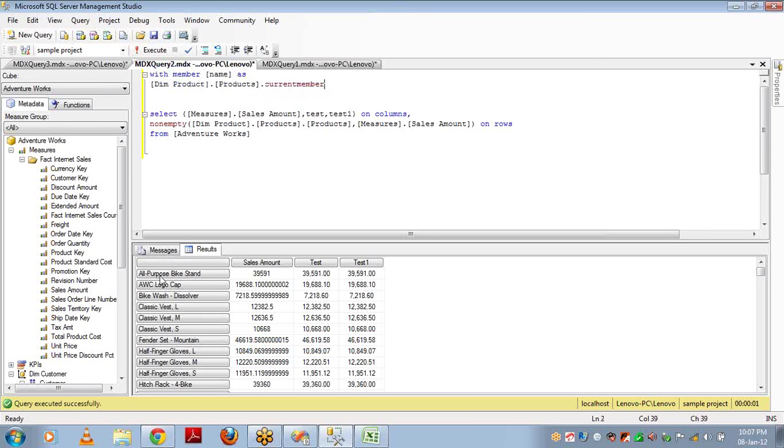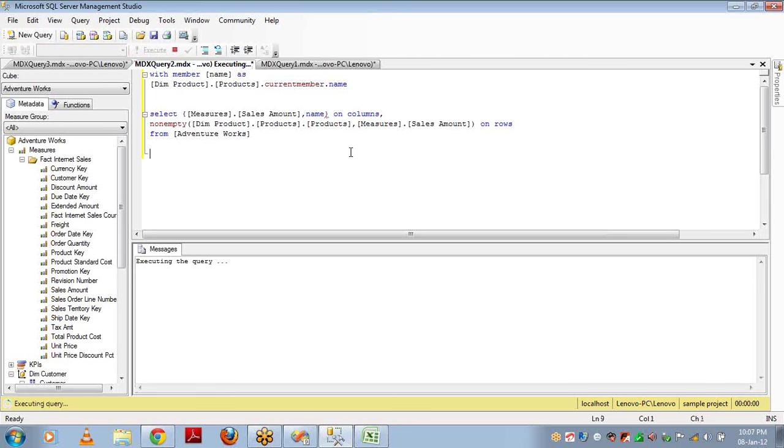So for the first row, the current member is All Purpose Bike Stand, and for the second row, the current member is AWC Logo Cap. So I'm giving .Name as it is a string. The current member is a member of the SSAS object. You cannot show the member object, so I'm trying to show the name of that. And let me call the member, calculated measure here, and